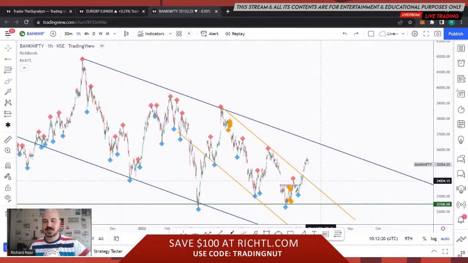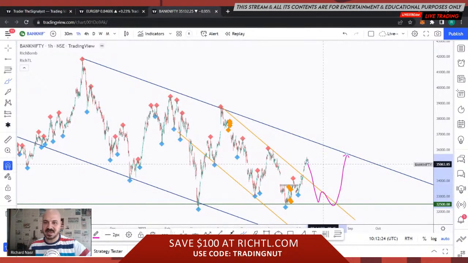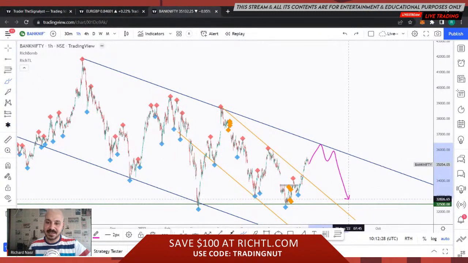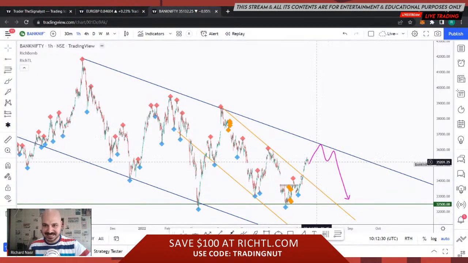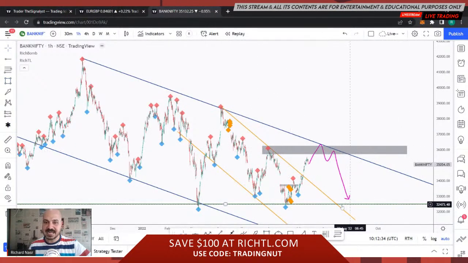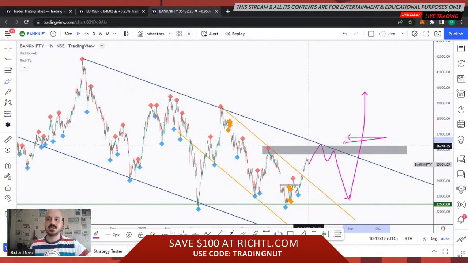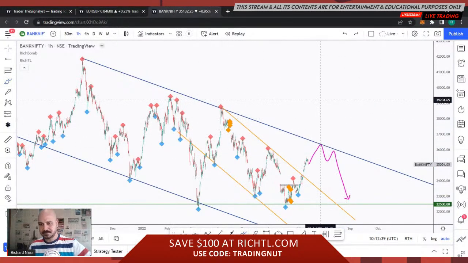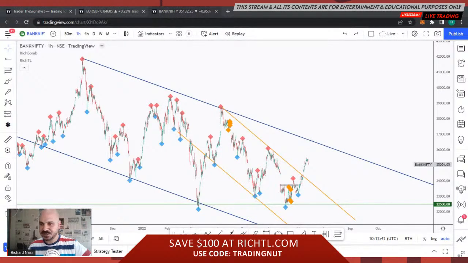So long story short, if we trade lower, I'd be looking for this buy, or if we trade higher, I'd be looking for this sell. Then I would like to see this. Then, as I showed you from weekly time frame, when this happens, we will be buying this one after this break. Now let's go over the last index, which is